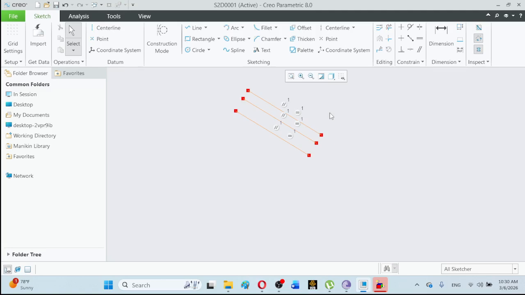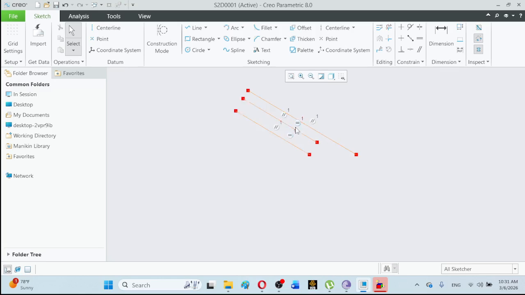when a single offset type is applied. One is the parallel constraint and the other is the equal constraint. So for example, these are all 3 lines parallel to each other and of equal length. For example, I want this line segment to be of unequal length, so I can drag it here. As we can observe here, these 3 line segments are parallel to each other, but this line segment is of different length